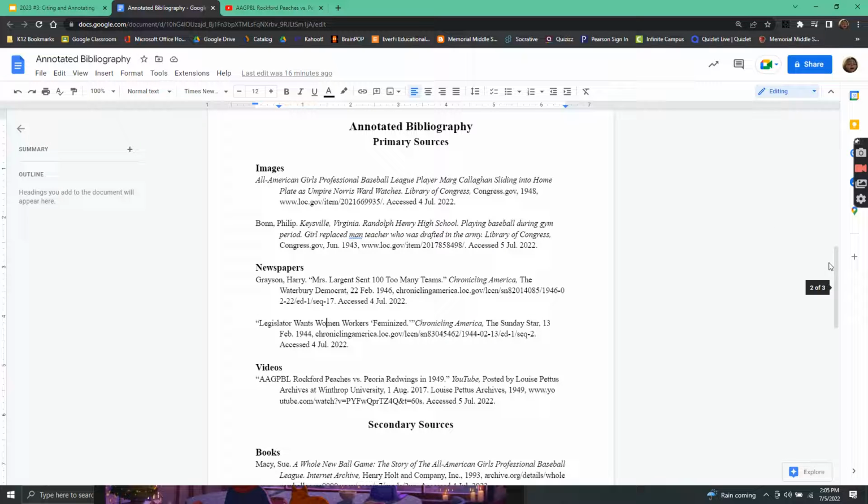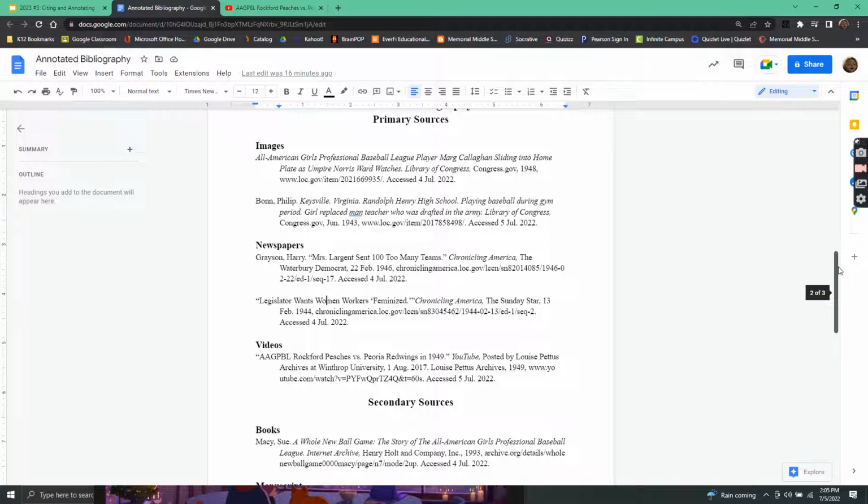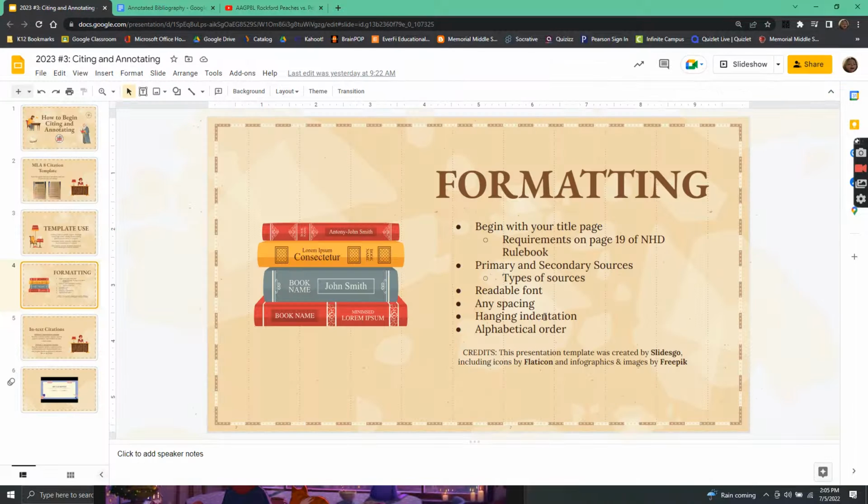And just make sure that your secondary and primary sources have accurate citations. Readable font, like I said, any spacing is fine. I think they kind of prefer single spaced just because it makes the citations look better, or it makes it look like you're not trying to make it seem like you have more sources than you actually